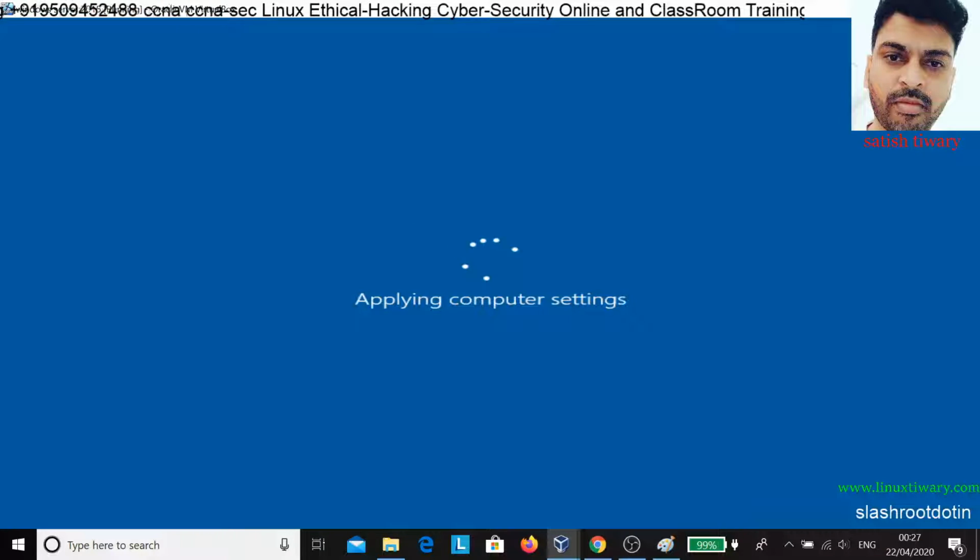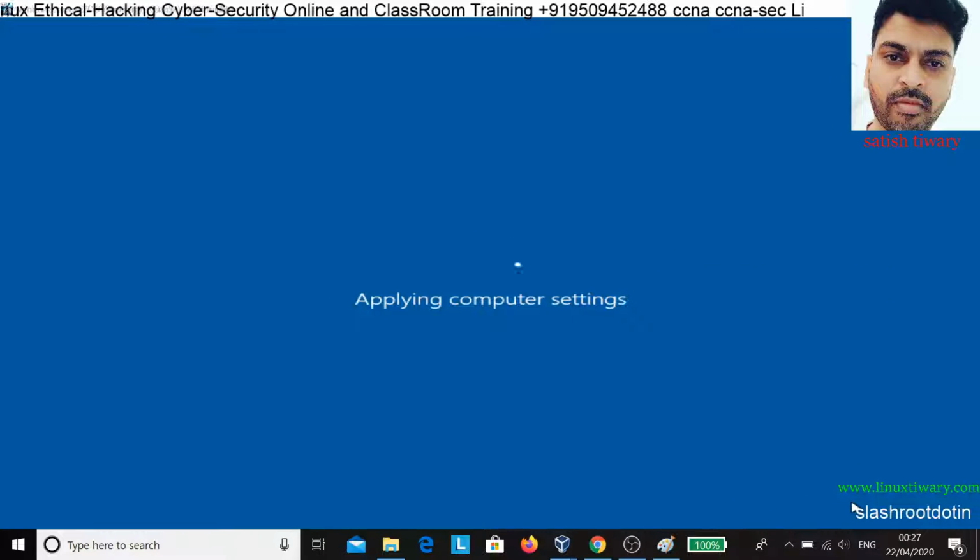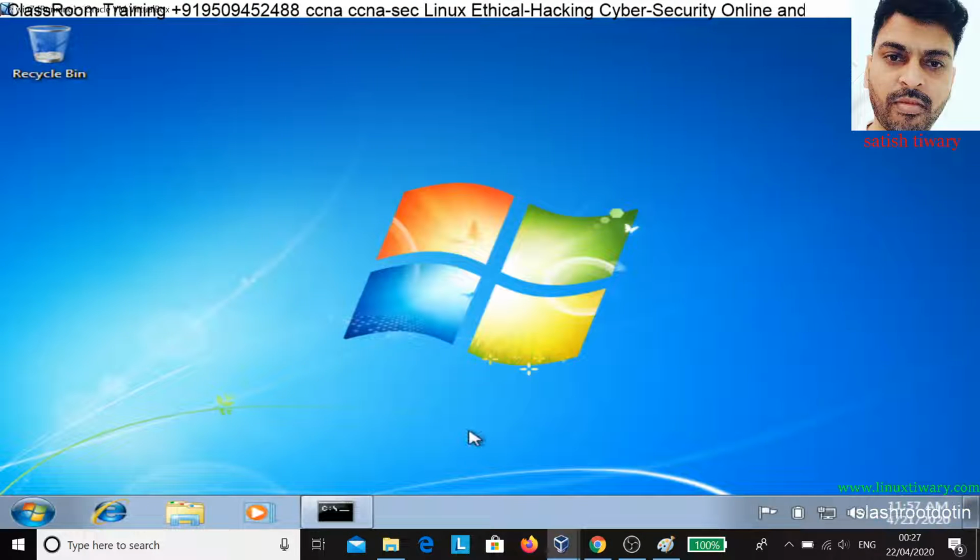It will take a few minutes. The time depends on your system configuration. If your system is Core i5, Core i7, Core i9. If your system is Core i9, then it will be faster. If it is i7, it also depends on the generation and the type of hard disk you are using, whether it is a normal hard disk or an SSD. Just wait and watch.